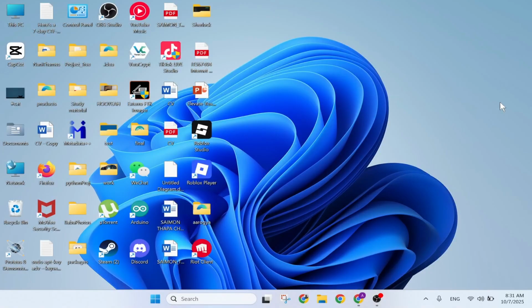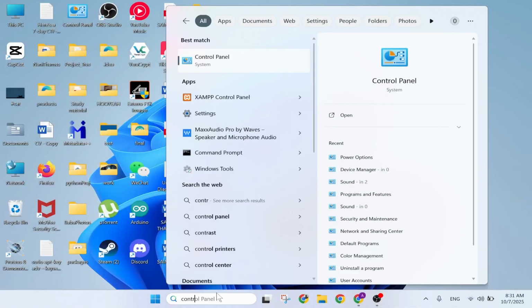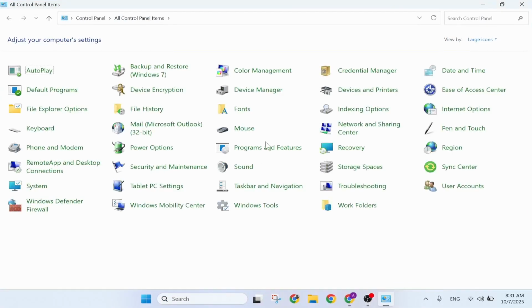Now let's dive right in. First step that you'll need to take here is open up your settings. So locate your control panel, open up your control panel, simply search for it and hit enter, and there you go. Now make sure that the view by option is set at large icons, and after you've done that, you should see power options. Head over to power options,